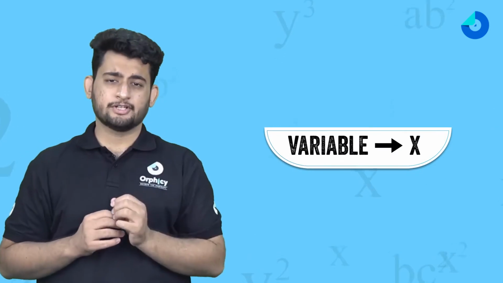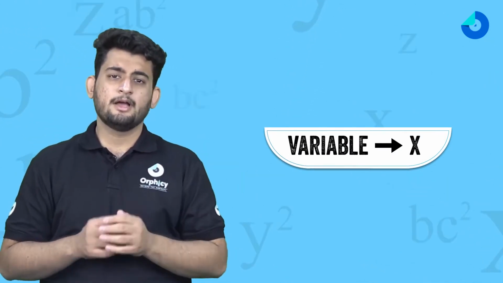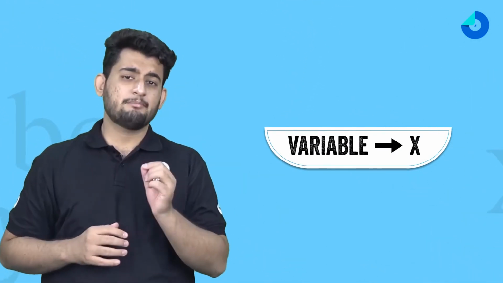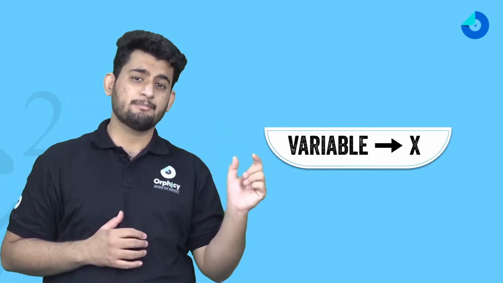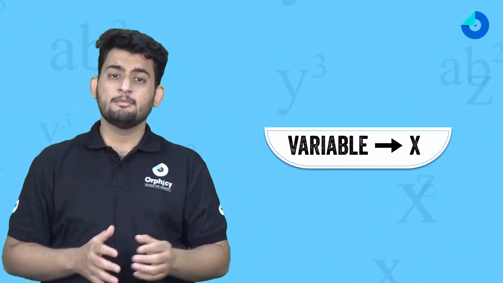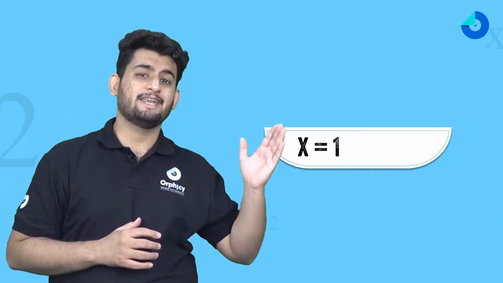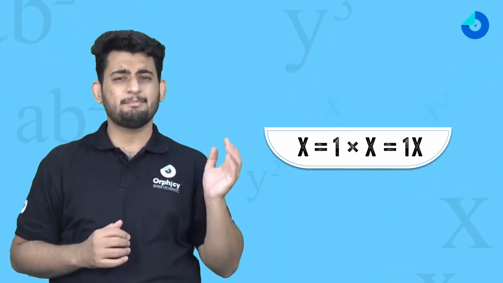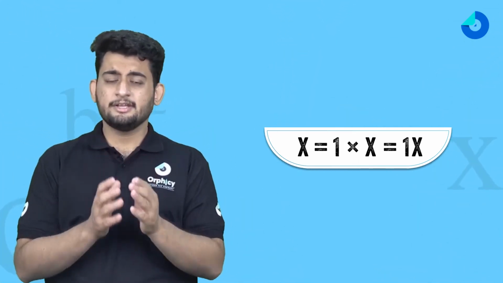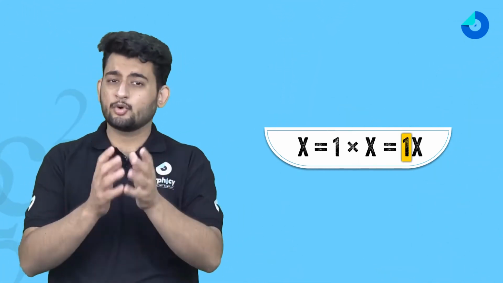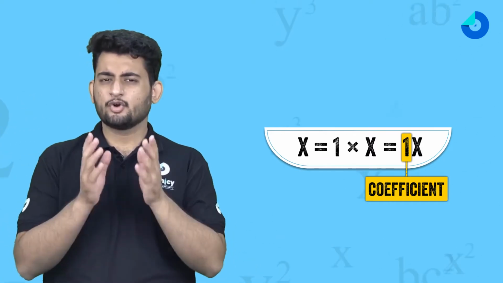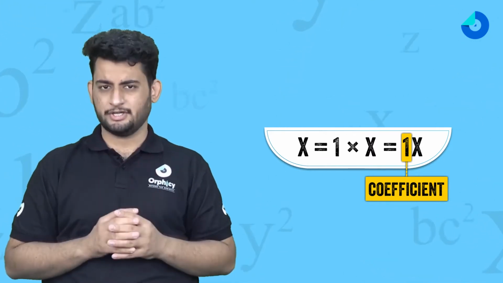So let's begin. Let's pick a variable first, say x. हम ये अब जानते हैं कि जब मैं एक नंबर या वेरिएबल को 1 से मल्टीप्लाई करूंगा, मुझे वो नंबर या वेरिएबल वापस मिलेगा. So x is equal to 1 into x or simply 1x. Here the term 1 is called the coefficient of the variable. Coefficient is simply a constant term.